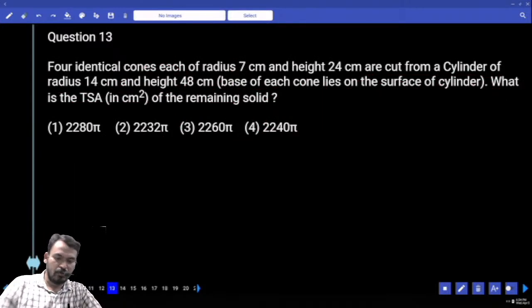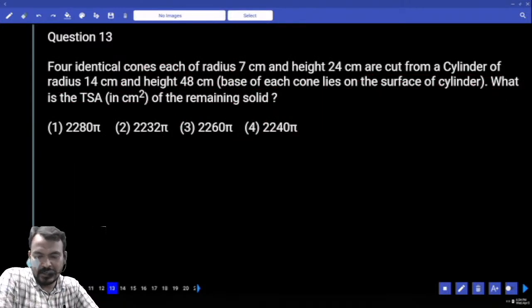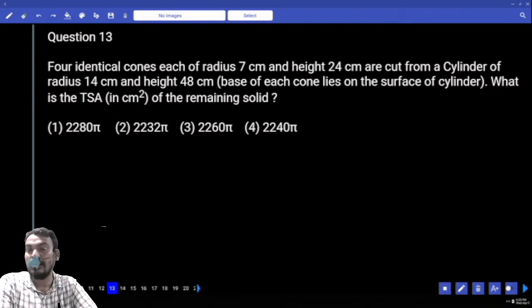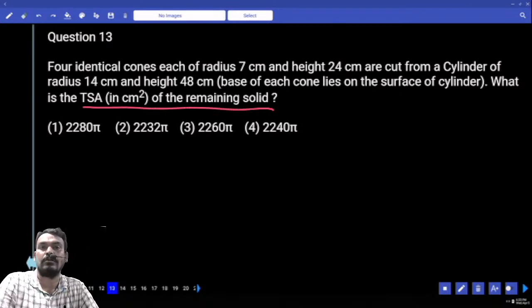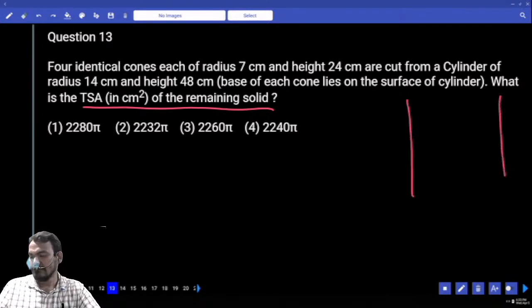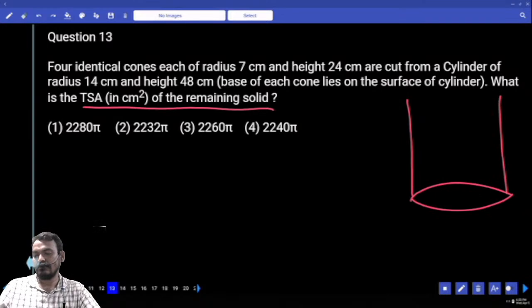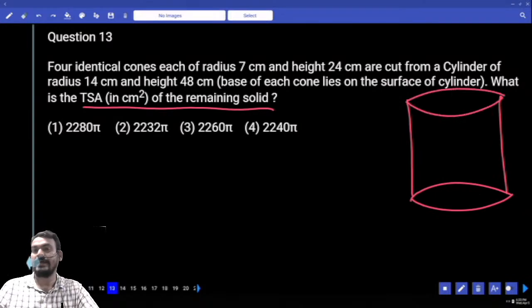4 identical cones, each of radius 7 centimeters and height 24 centimeters, are cut from a cylinder of radius 14 centimeters and height 48 centimeters. Base of each cone lies on the surface area of the cylinder. What is the total surface area of the remaining solid? What is the actual diagram? Cylinder and